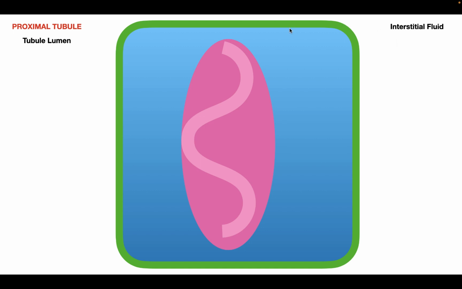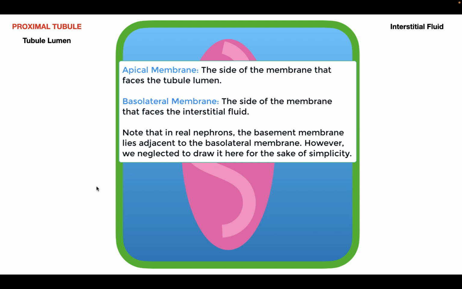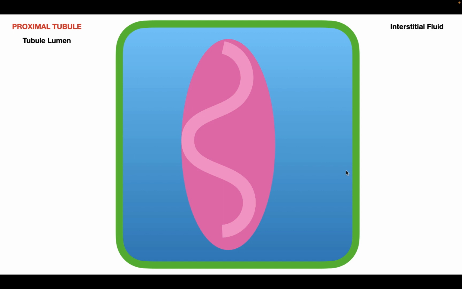Now the epithelial cell's plasma membrane has two sides. The first side is called the apical membrane, and this is the membrane that faces the tubule lumen. The second side is called the basolateral membrane, and this faces the interstitial fluid. So now that we know what this diagram is, let's talk about how ammonium is produced and secreted in the